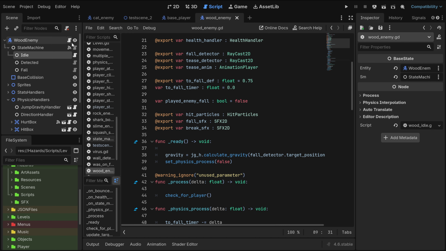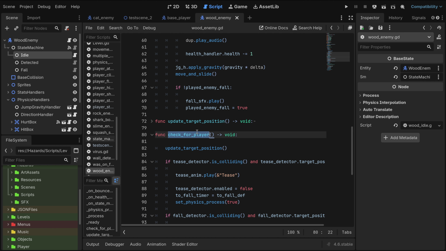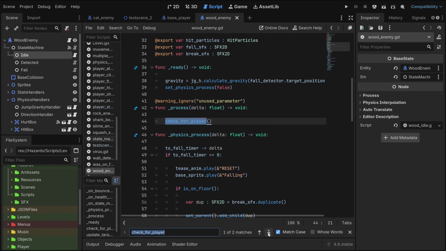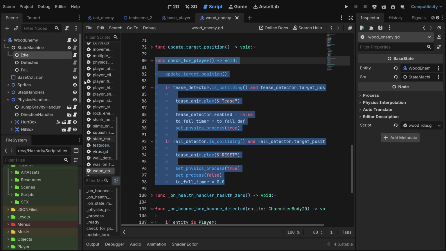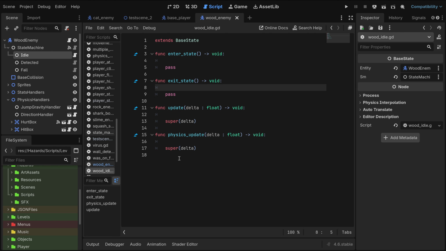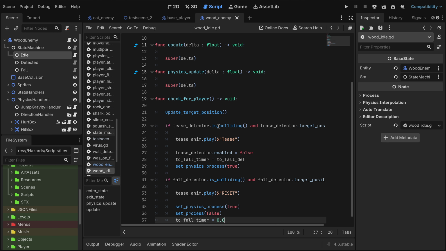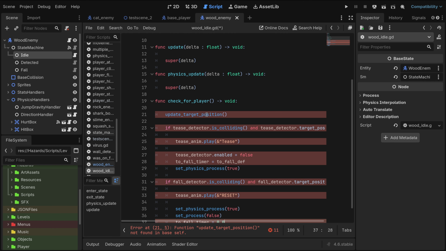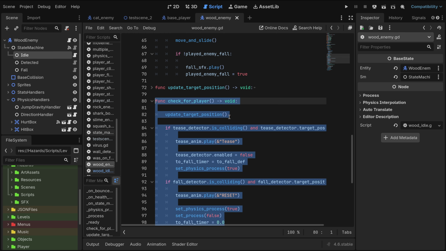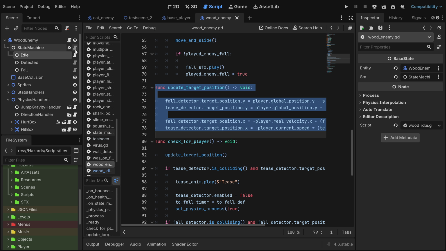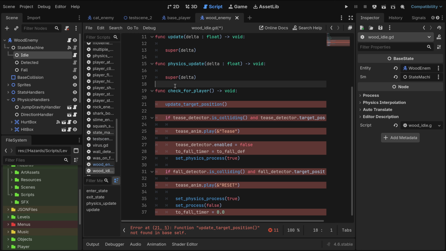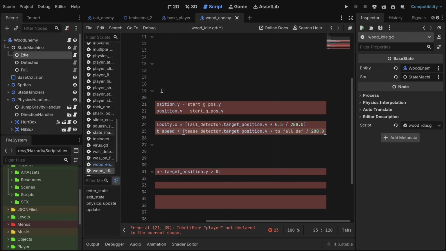So actually, let's add here the check for player, which I generally think is only being used here, right? It is. Okay, let me see. Update target position is another function, so in this one, I think I actually can add,